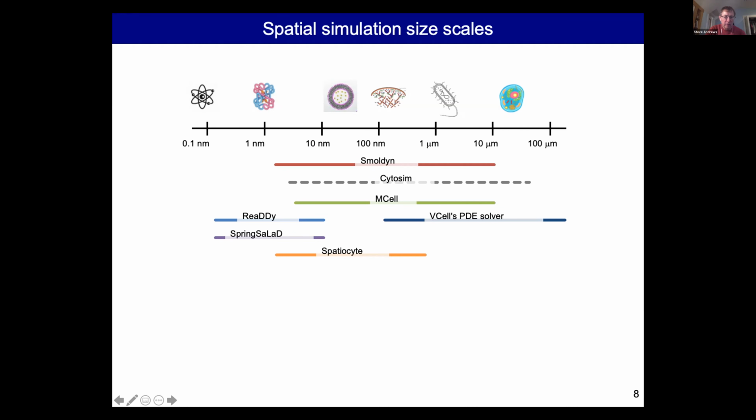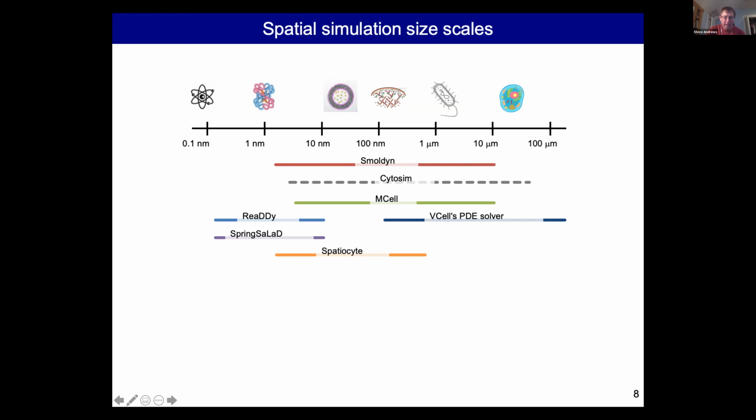They can do molecules, proteins, dozens of proteins, up to maybe 10 nanometers. Still pretty small. At larger size scales, we have MyWorks and Smoldyn, from nanometers to 10 microns roughly. MCell is similar. Cytosim is a filament simulator. I'll discuss more later on.